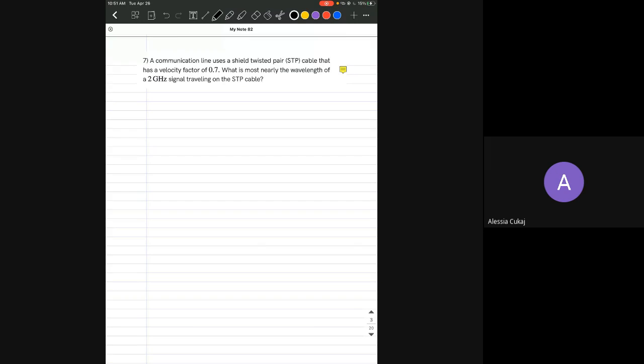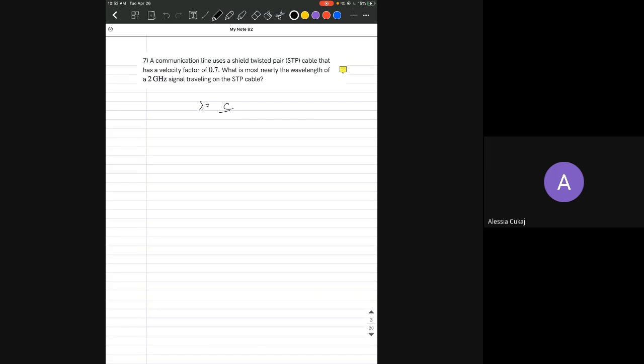So for this problem, it states a communication line uses a shielded twisted pair STP cable that has a velocity factor of 0.7. What is most nearly the wavelength of a 2 gigahertz signal traveling on the STP cable? So first, the formula for wavelength